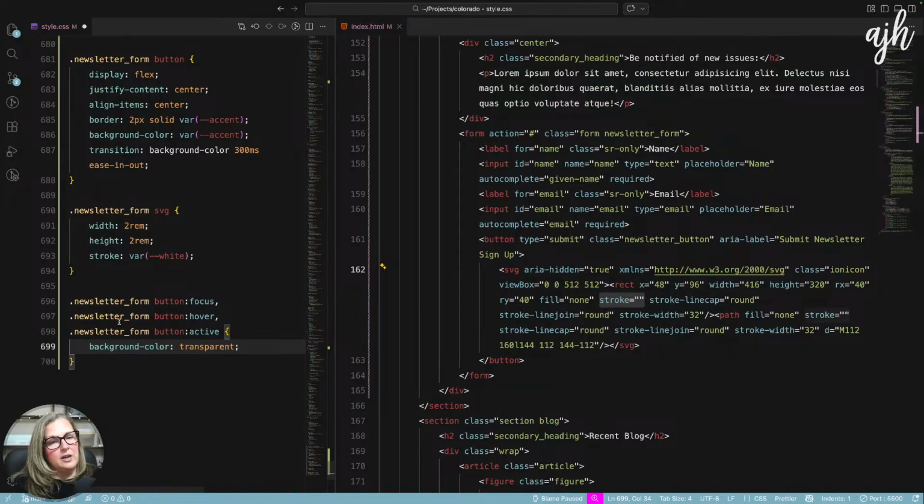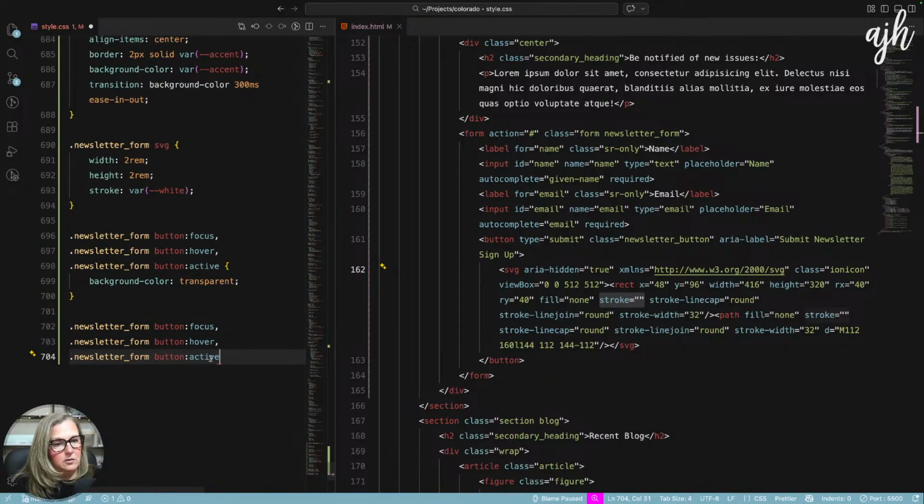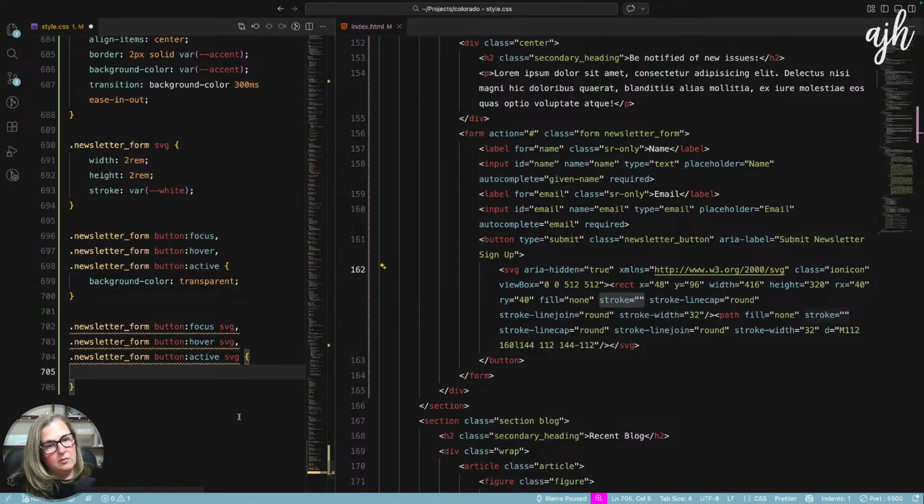And then we need to do the same thing for our SVG. We need to change it from white to our accent color. So I'm going to copy these. So when we focus on the button, we want to trigger the SVG. When we hover on the button, we trigger the SVG. And when the button is active, we trigger the SVG, and we will change the stroke from white to our accent color.